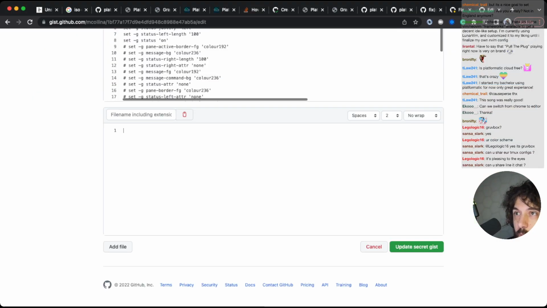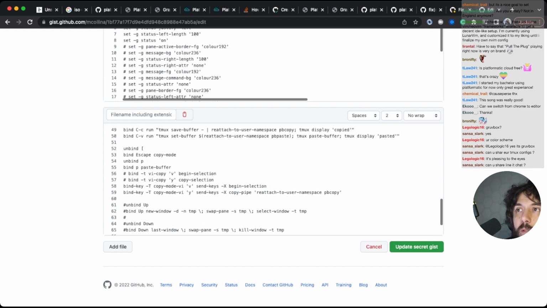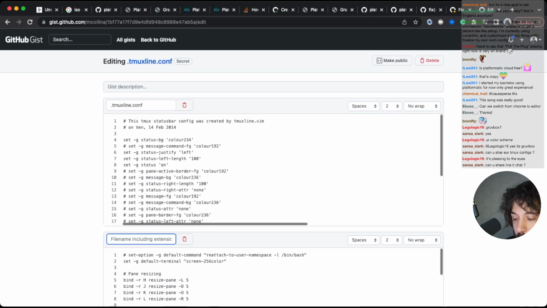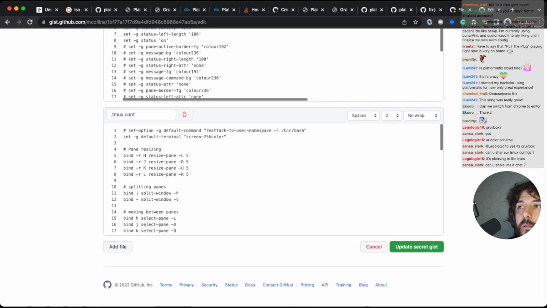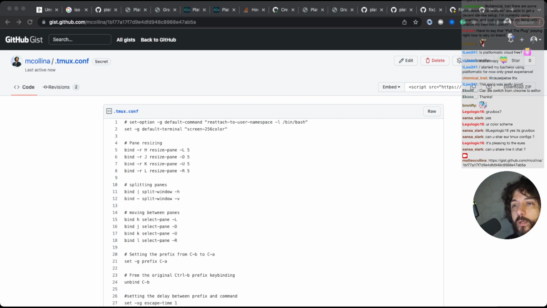And then Chrome. Okay, here we go. There shouldn't be any secrets or anything here. So tmux.conf. Okay. Here we go. It is in the chat. So you have it.